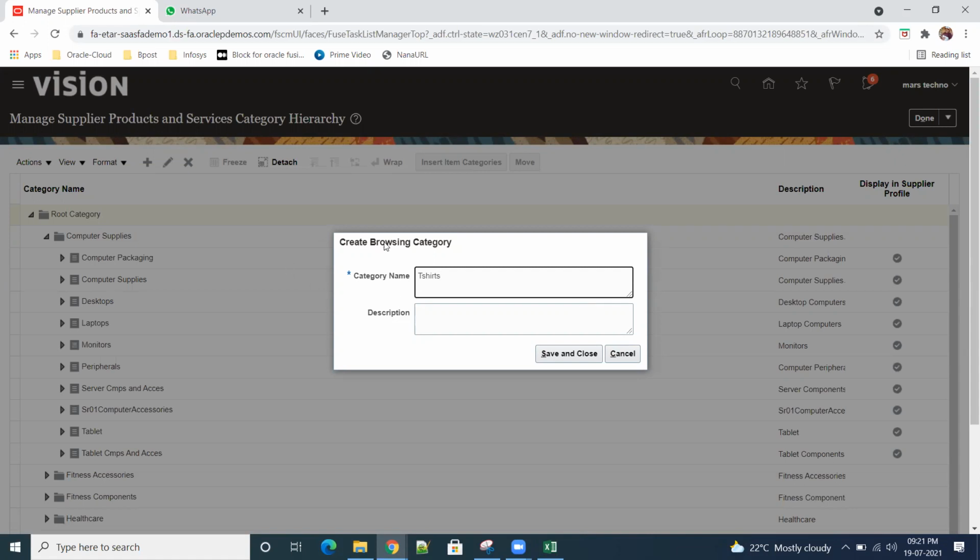This is the browsing category; that is the technical term. Under this browsing category, whatever categories come are the leaf categories. So the items will always be appended to the leaf category, not to browsing categories.